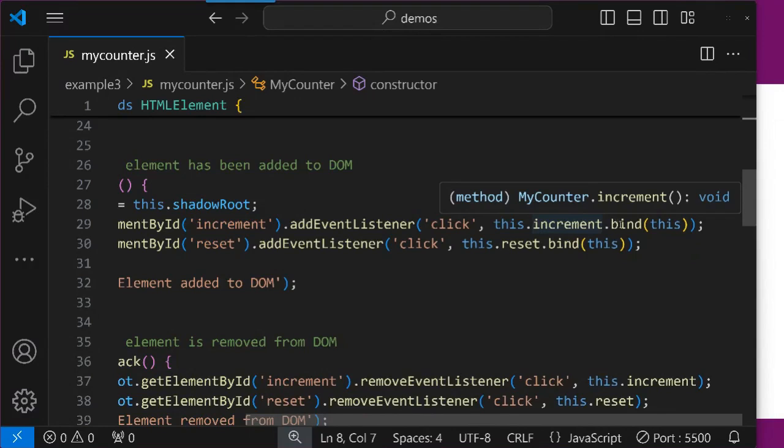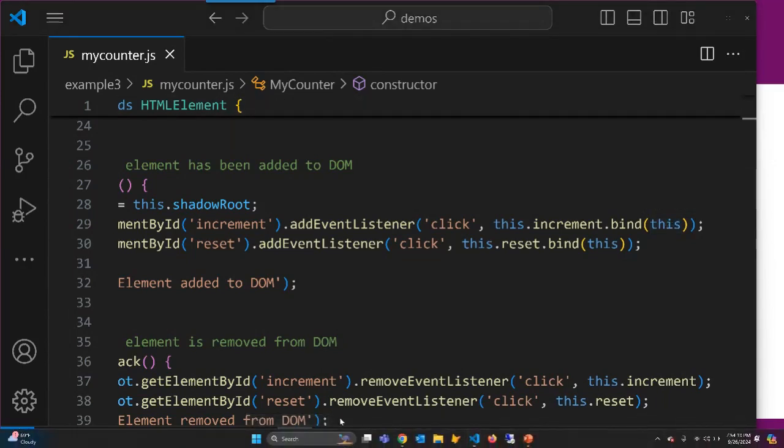And in this instance, I want to do bind this. What happens is if I had actually told it in the event listener to just call that method, it would call the method with the click event. So then within that method, I've got to do like the event current target is the button that was clicked, and then I can act on that. But somehow I need to work my way back up and find out who's the parent of all of this, my custom element. If I bind this, I'm sending in that custom element instead. I'm like, hey, we're just worried about me. And I hope I'm describing that